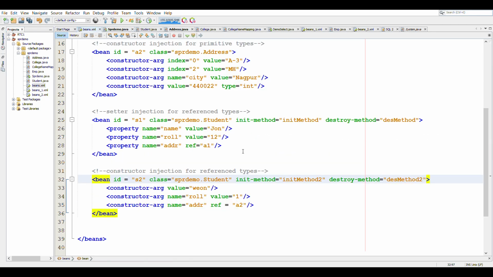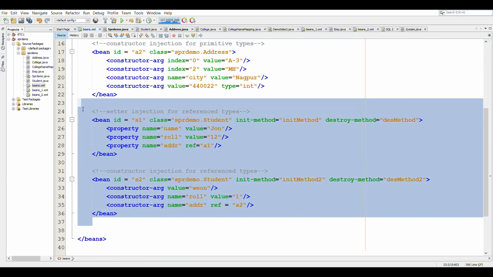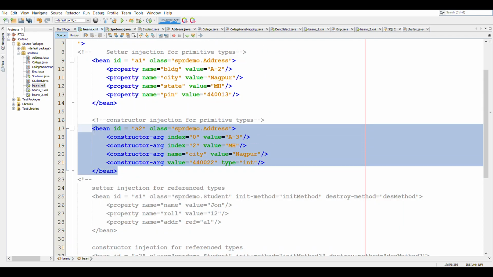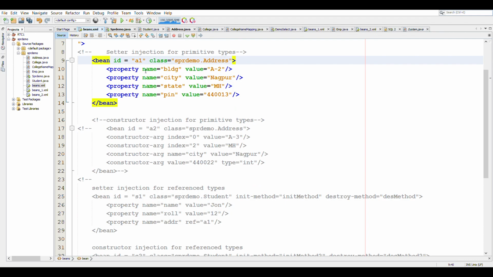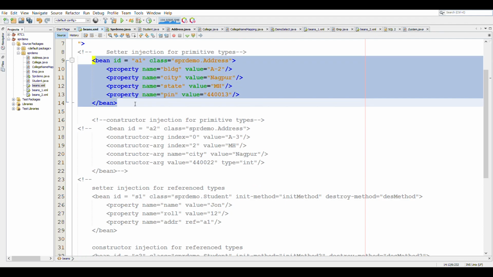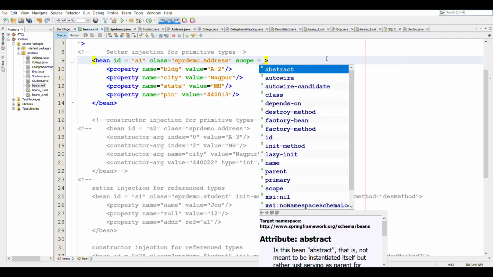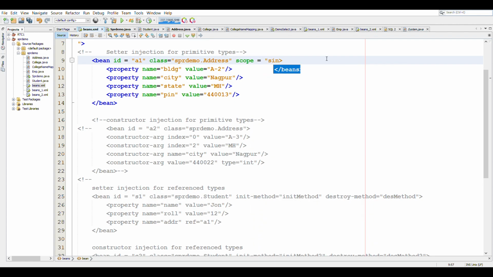So in the beans.xml, we will comment everything out. And here we only have one bean now, which is A1. And for the scope, we'll say scope is equal to singleton.